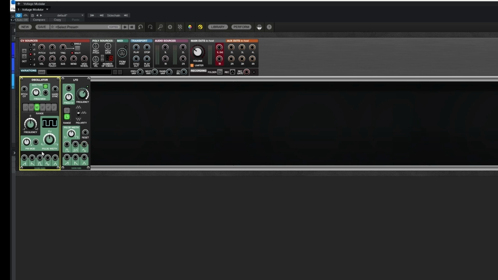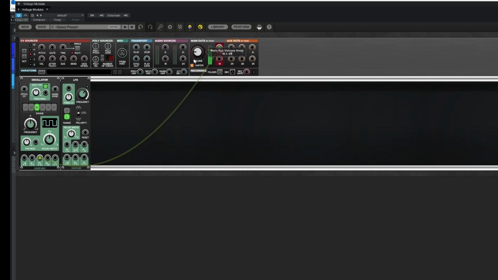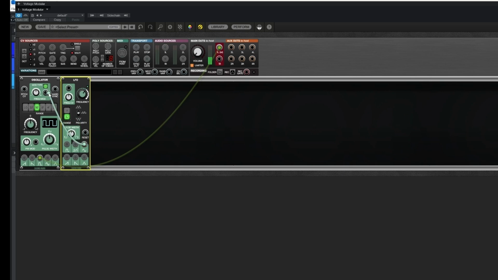But let's listen to this square wave. Okay, we've done that before, but what we can do with this LFO is let's take a sine wave into this frequency mod socket. Now you can see that's not doing anything yet, but as we turn this up,